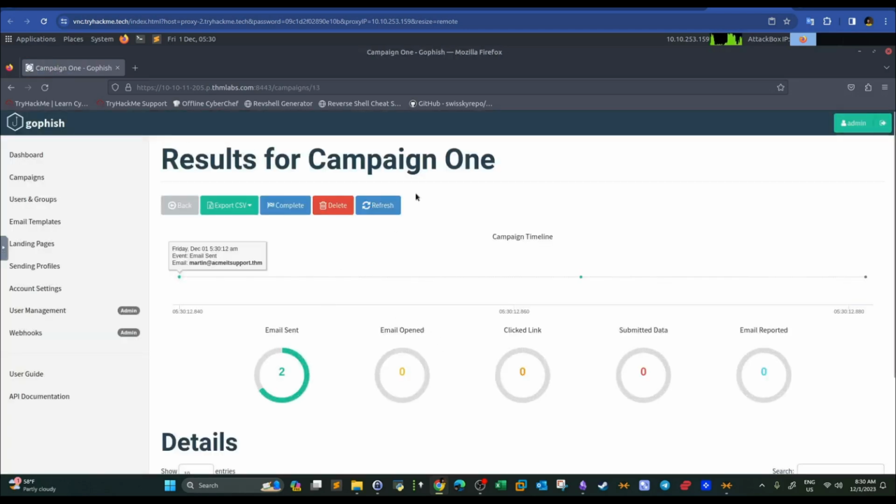So this represents the dashboard section, the analytics section. Here we can take a look at the breakdown of the campaign analytics, such as the emails sent, how many of them have been opened, how many have links clicked, and how many the user has submitted data.